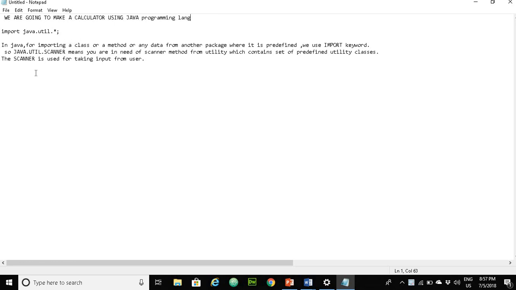And we will be using switch. We know that we have two types of control statement or decision making. One is conditional construct, and the second one is looping construct. In conditional construct, we have if else, nested if else ladder, switch, and nested switch. So here we're going to use switch and import